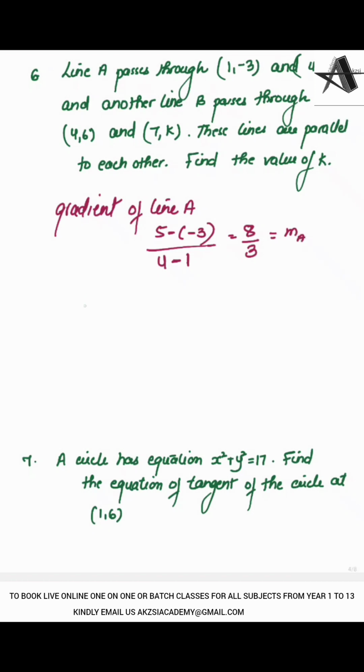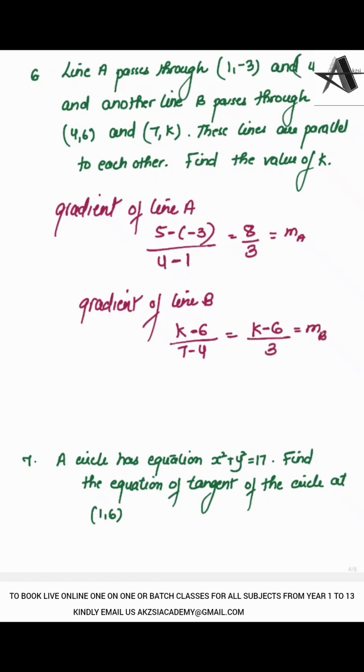Now calculate the gradient of line B. So gradient of line B is y2 minus y1 over x2 minus x1. So y2 minus y1 is 7 minus 6 over x2 minus x1 is 7 minus 4. This will be k minus 6 over 3. This is MB. Condition given that they are actually parallel to each other, that means their gradient should be equal